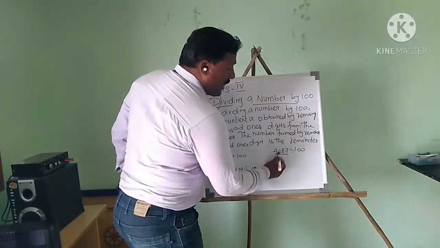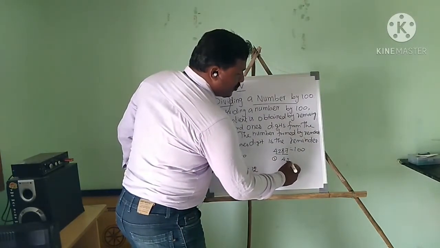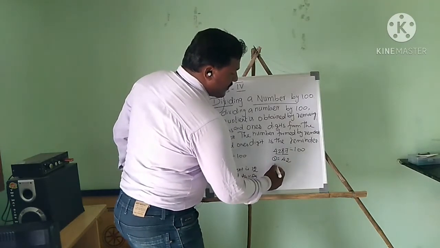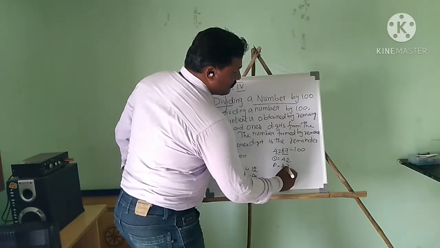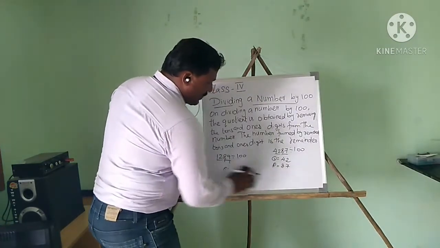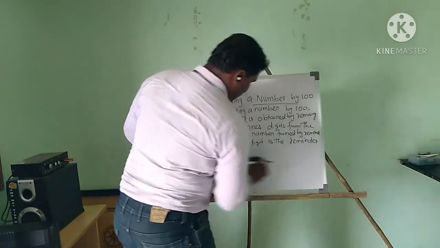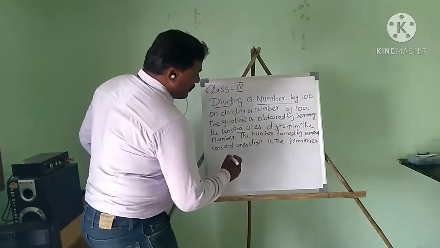So 42 is the quotient. Okay, so quotient Q is 42. So 87 is the remainder. So you can understand easily. Now I will tell you another example, then you can easily understand. Okay, there is some other number,